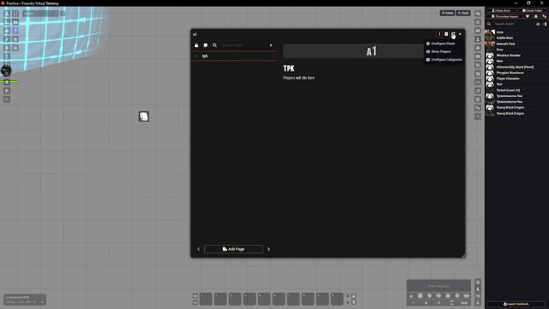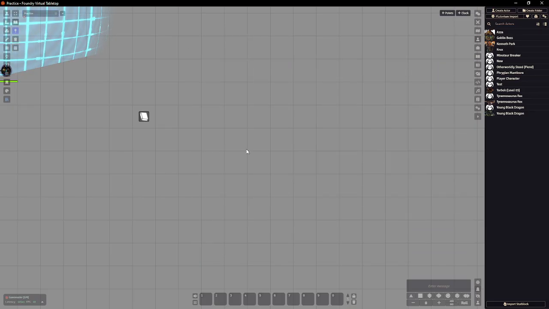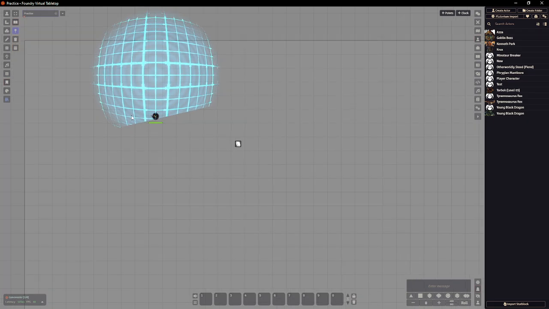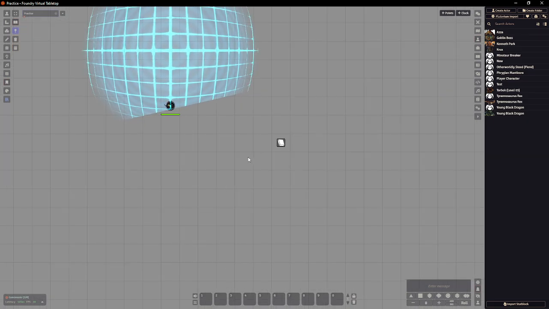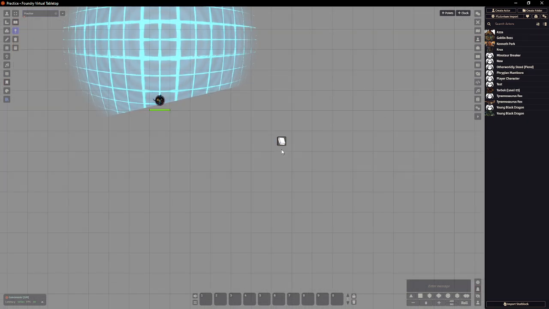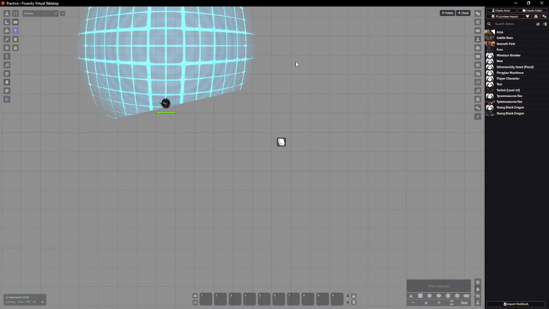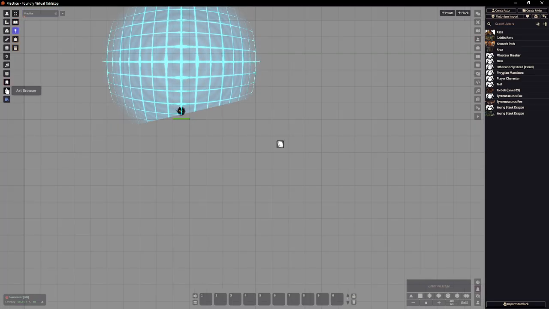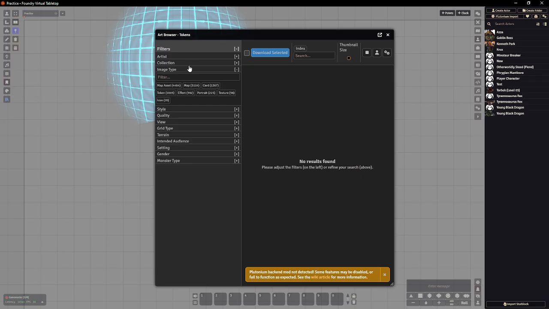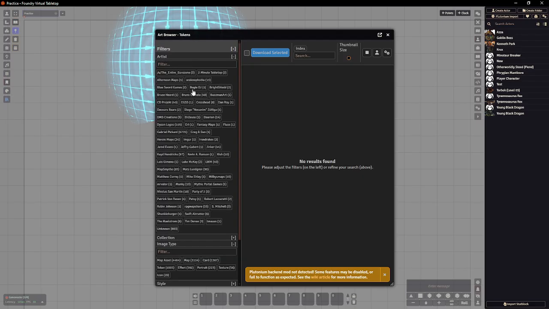But essentially, you're able to keep visuals on the screen of what should be happening. Typically, you would see these little notifications, a small bubble with a letter or a number in it. Very convenient, very good, a great way of keeping yourself organized. And finally, we have now art browser, which gives you all sorts of things that you can go